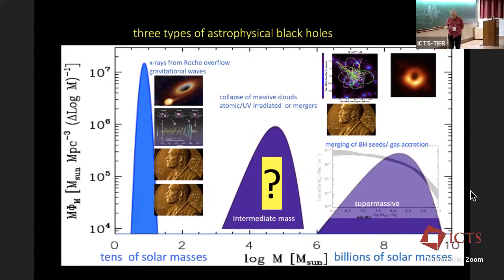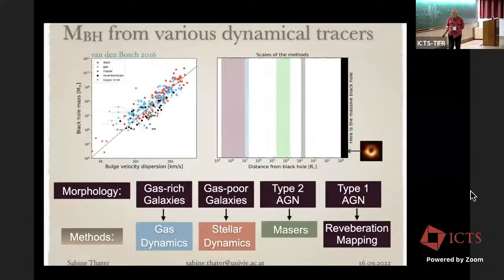Okay, so the issue is what on earth is going on for intermediate mass black holes. I should say that we need them to build the big ones. They're necessary ingredients in our cosmological astronomical mix of ingredients to make the big ones. We need to have 1,000 solar mass black holes or more as seeds.